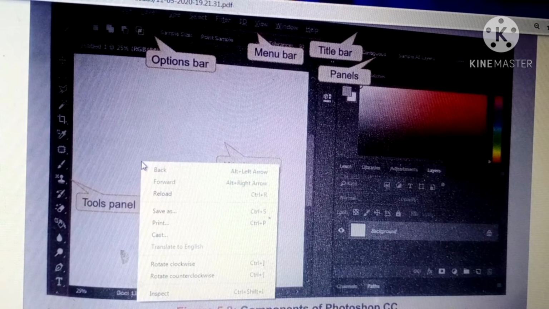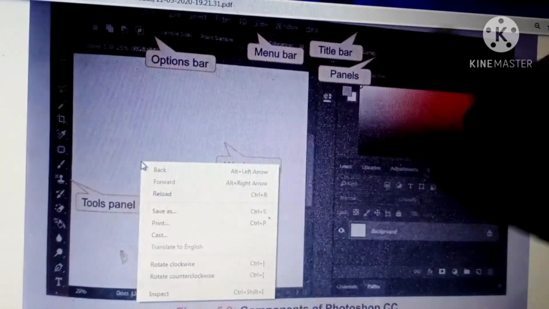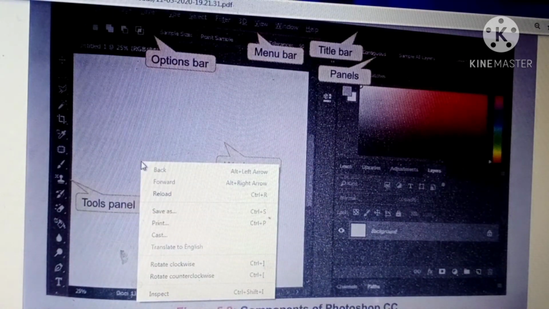At the top of the window, there is the title bar. Everybody knows the title bar, you have already read about the title bar in MS Word and Excel. What is the title bar? It is the name of the window you have opened, the name of your file, the name which you have given to your open file.